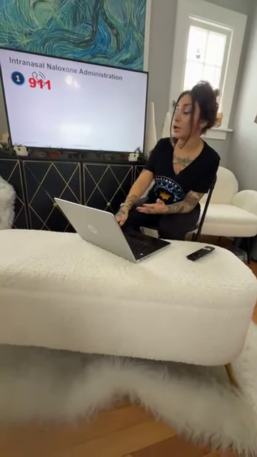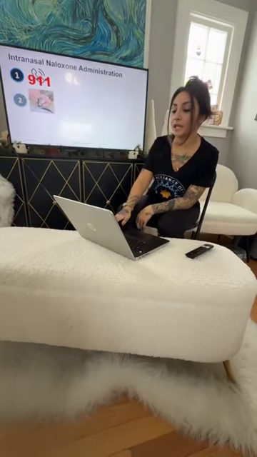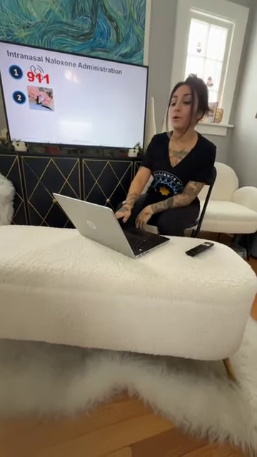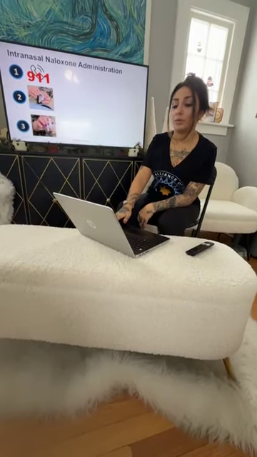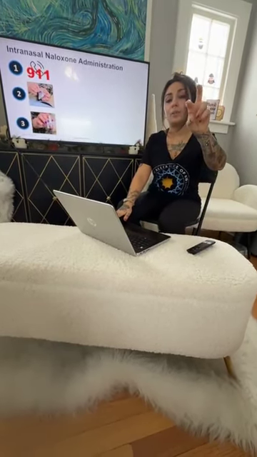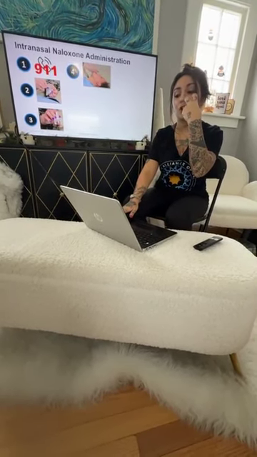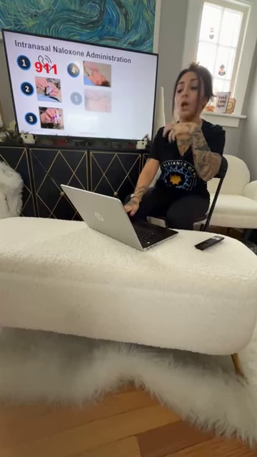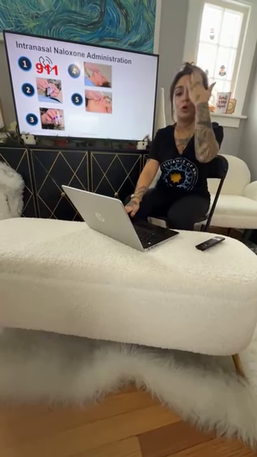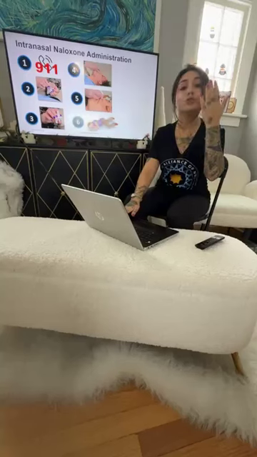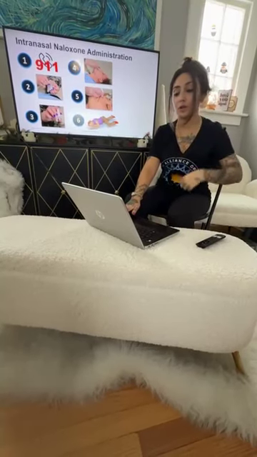Now, administering naloxone, I'm just going to go through these real quick because we are going to go a little bit deeper into this later. But we always want to tell people, call 911. You'll open up the packet, with thumb, index finger, and middle finger all the way. You're going to make sure your fingertips touch the nose before you press the plunger. Once you press that plunger, the whole dose will go into the nose. We don't want to take it out. We don't want to test it.